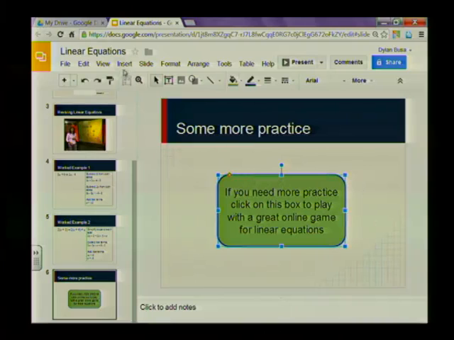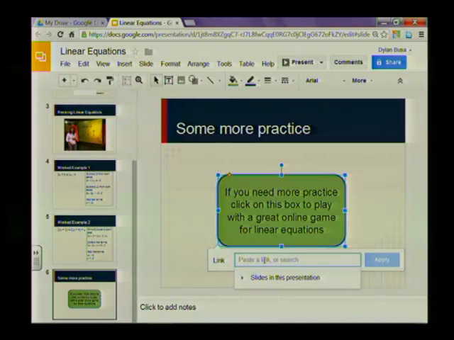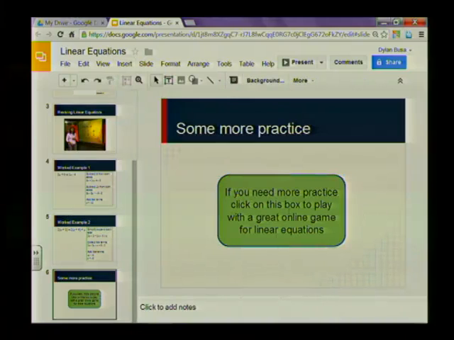So select the text box and insert link. And we can paste the URL in that, and I can apply it. And now when users click on this box, they're going to be taken to that address. And I'll show you how that looks when we get onto the lesson where we actually show you how to present this presentation. So let's go ahead and quickly present or play our presentation so we can see if that